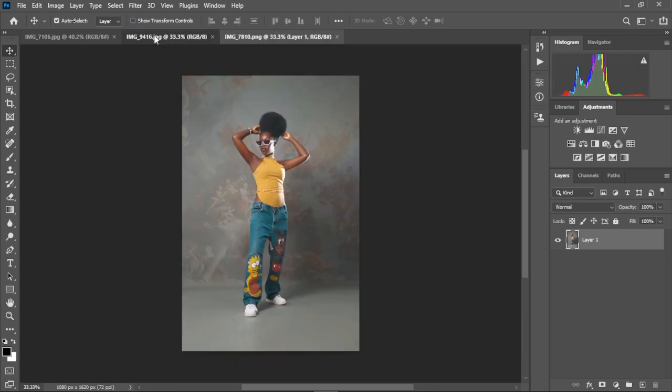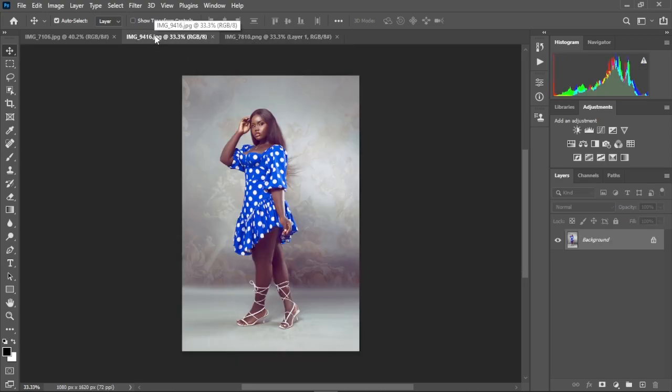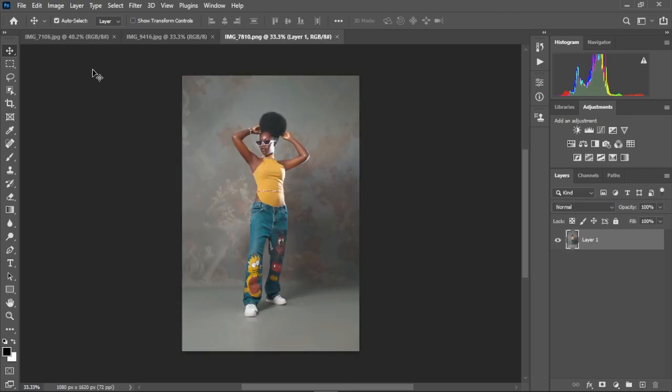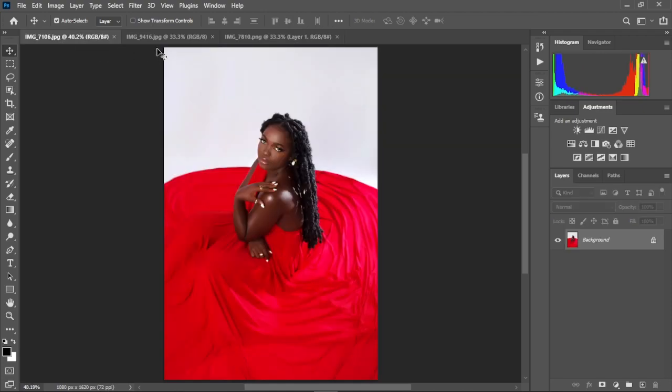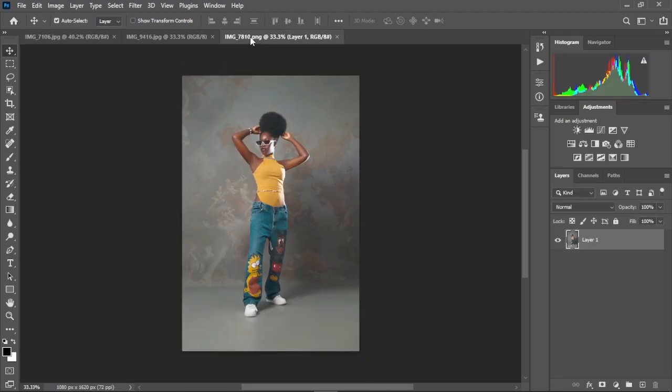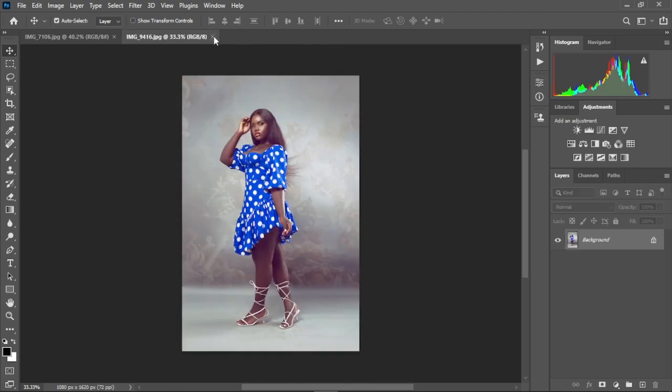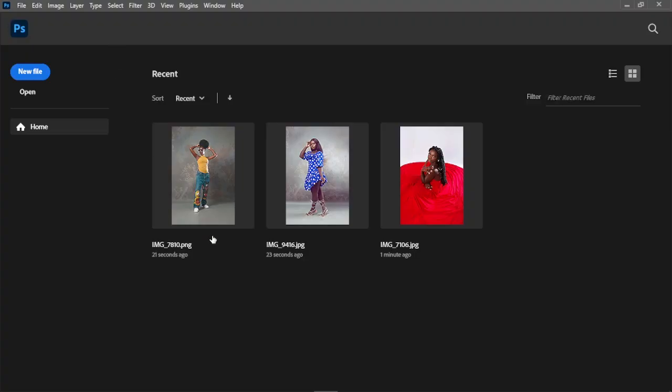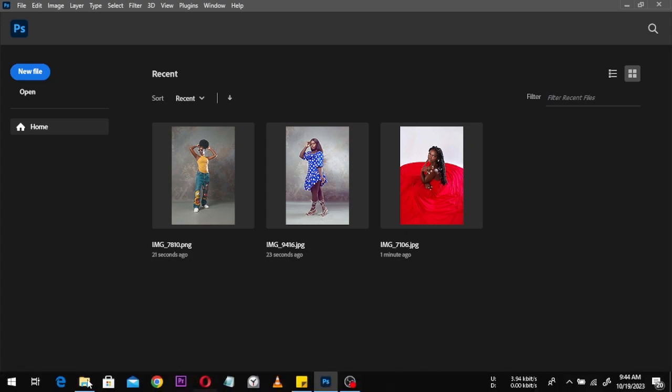As you can see, we have different tabs of the images that we wanted to open. So we have this one here, and then we have this one here as well. So we have 3 different images in separate tabs, right? So assuming you want to load them all at once, let me just close this and close this and close this as well. So we're going to do the same thing. We're going to come here